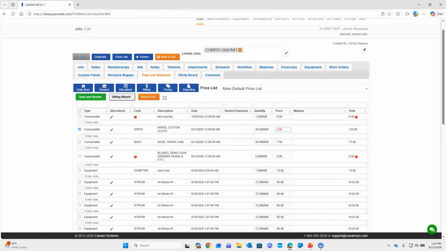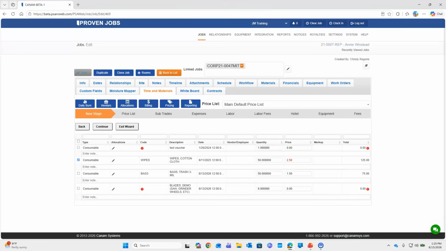Now, you do have two options here. You can work with the current draft as it stands today and save and review, or you can utilize what we call a billing wizard. What the billing wizard does, when chosen, is walk us through each section here as a categorization and let you look at each one individually. So you will notice the one that's still in red still exists where I changed it, and it still has that checkbox selection associated to it. So I can keep checking as I go along